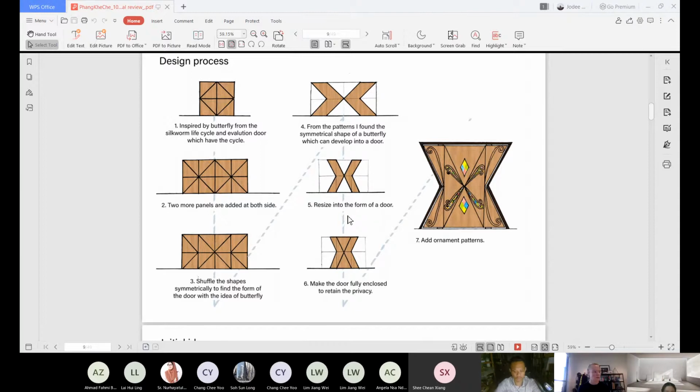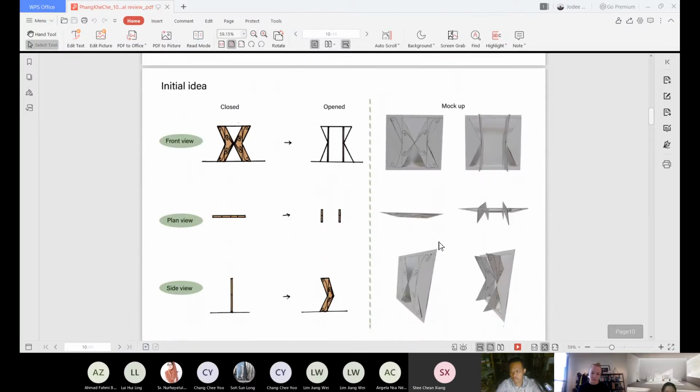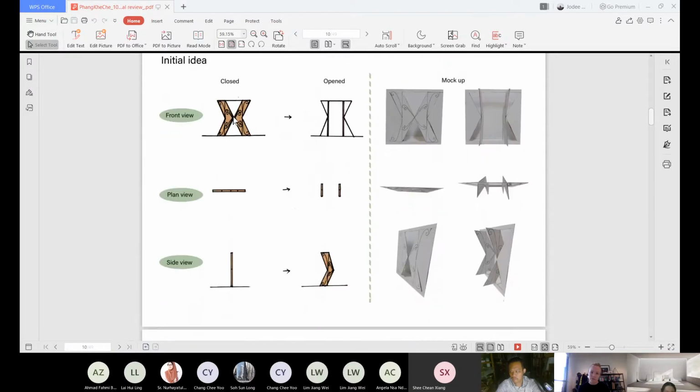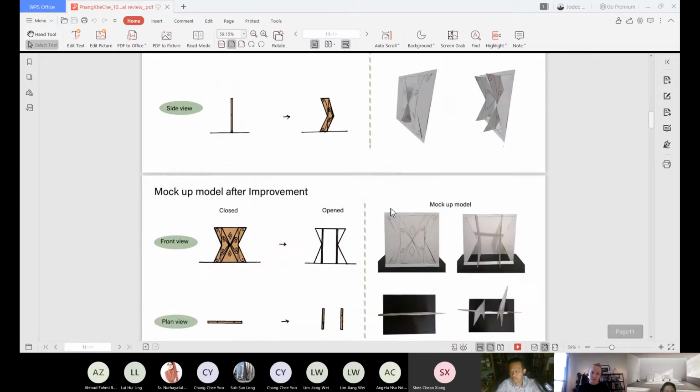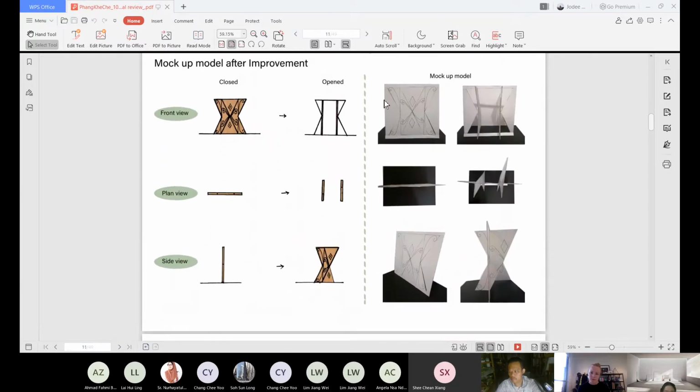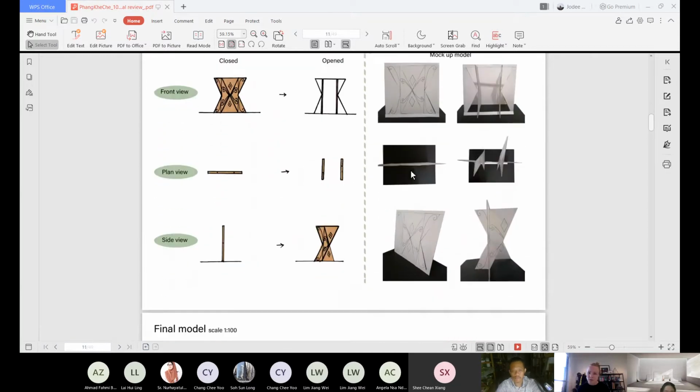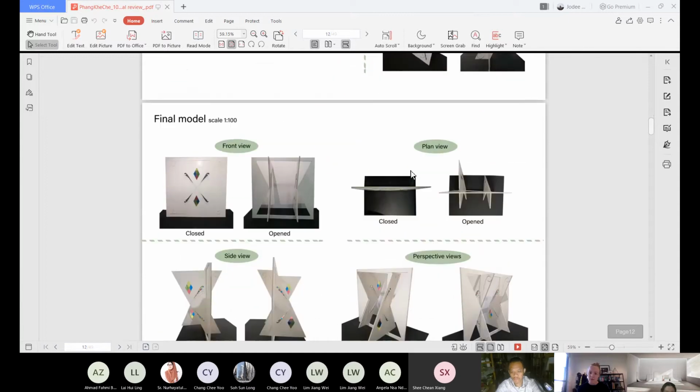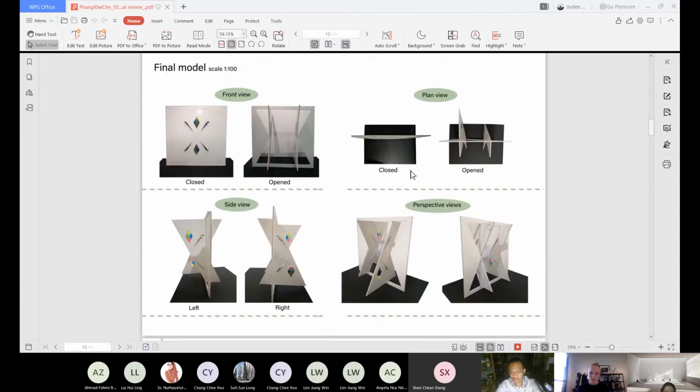Then I resize it into the form of a door, make the door fully enclosed to retain privacy, and lastly add ornament patterns. This is the initial idea of the door, which is not fully enclosed. Then I make it fully enclosed to retain privacy. And this is the final model.